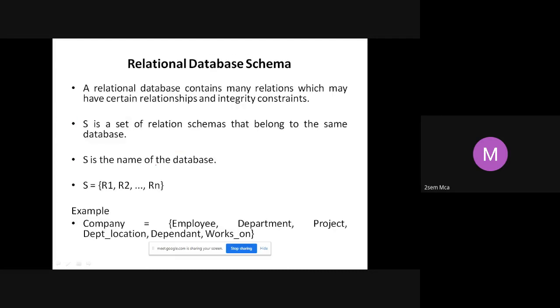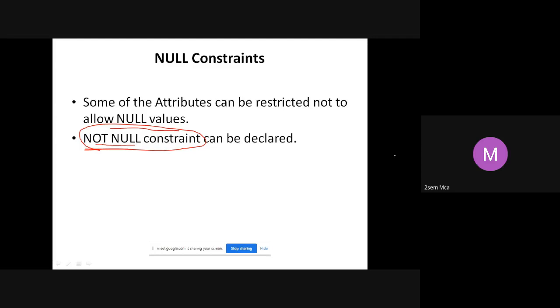Okay, so next we move on. This NOT NULL I will show you in the lab also. We will be doing some examples wherein we show the NOT NULL constraint and how to declare it. As we go ahead with the examples and with our lab exercises, we'll come across many new things. As and when we do, I will tell you.